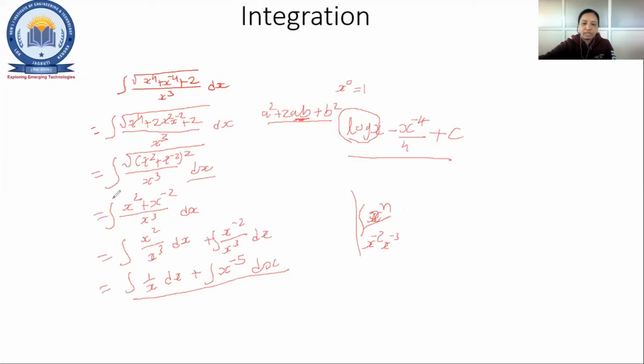Fine. And you will be having a minus sign here, right? So that becomes log, or you can write mod x also. Log x minus x raised to minus 4 upon 4. Here it will be minus 4, but we have just changed the sign, and plus 6. So in that way, you can find out the integration of that one. Fine. Is there any doubt in this?